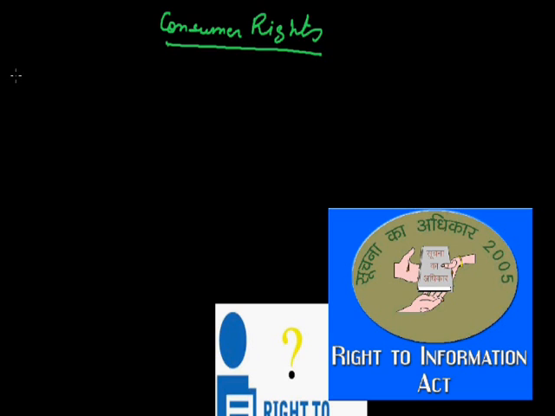Today we discuss the consumer rights given by the government to us. These rights are: right to safety. It means that while using any type of goods or services, as a consumer, we have the right to be protected against the marketing of goods and delivery of services that are hazardous to our life and property. Many times we see or hear of the blast of a pressure cooker,